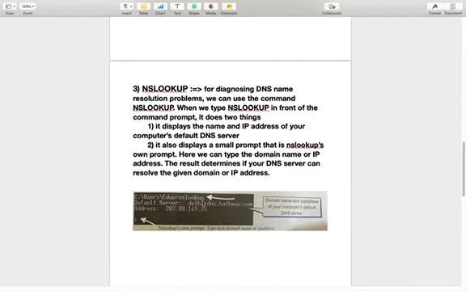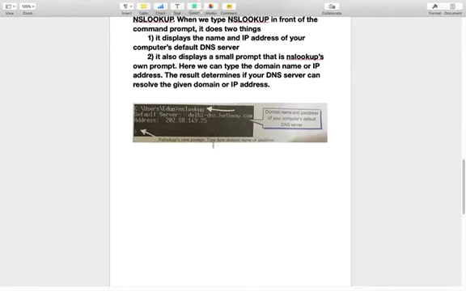So whenever we type nslookup, it displays the default server of our computer and its IP address, and gives the nslookup prompt. Here we write another domain name or IP address. The nslookup command displays the domain name and IP address of your computer's default DNS server. It is a very important command if you want to know our default server. All these commands we discussed so far need the internet connection to be on in our computer.